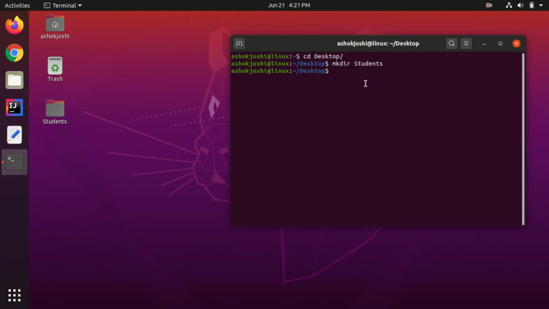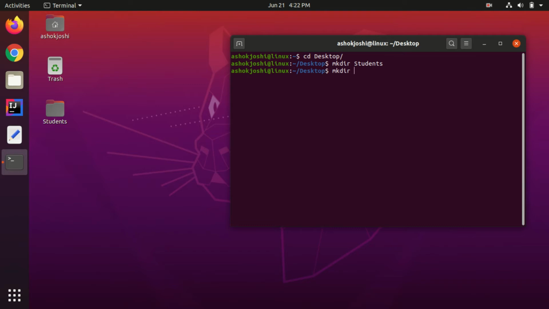Now I will show you how to create directories using mkdir, and also one more option which is -p. That will allow you to create subdirectories. Sometimes the requirement is to create a complete directory structure with a single mkdir command. This is possible through the -p command line option. Let me show you what I mean by that.